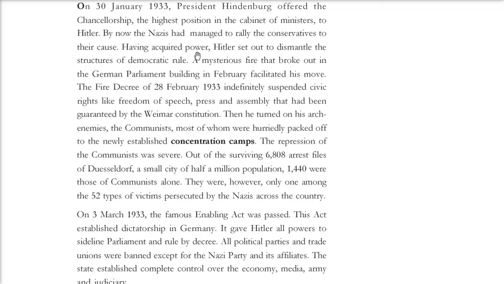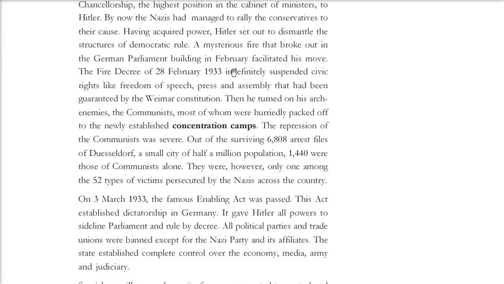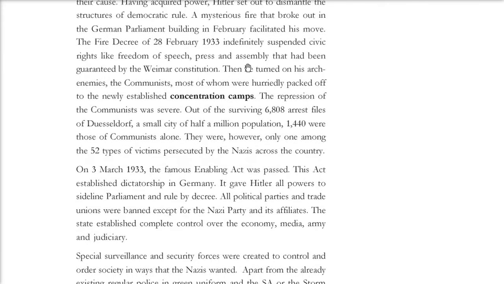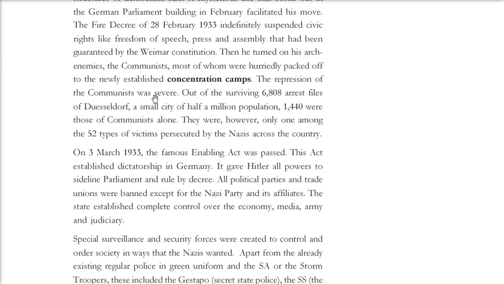As Hitler acquired power, he dismantled the structures of democratic rule. There was a fire and things were burned, and he turned on the arch enemies, the communists,